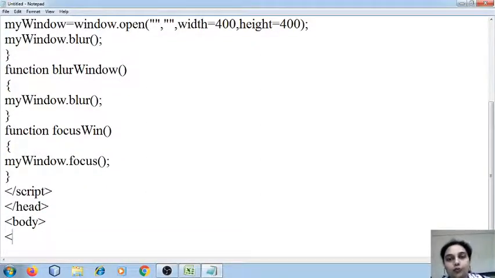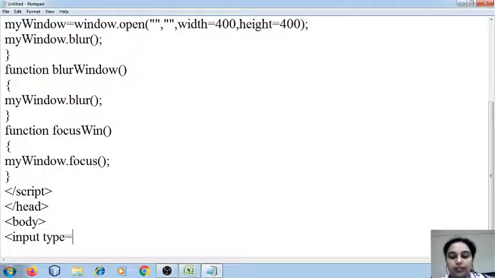So now I want to create 3 clickable buttons. I'm going to use the input type as button and create 3 buttons. I want one button using which I can open a new window. Another button, when I click on it, the window should be blurred, and I will create one more button which is going to focus on the particular window.